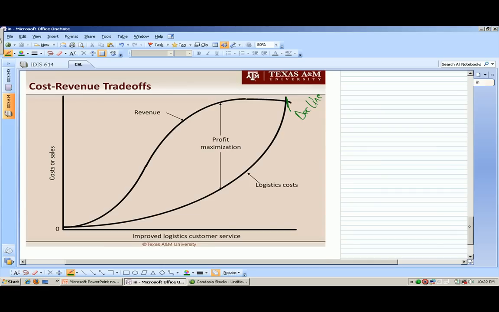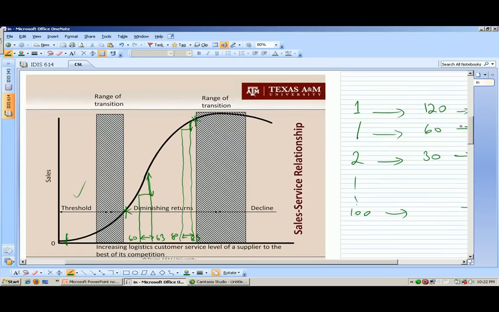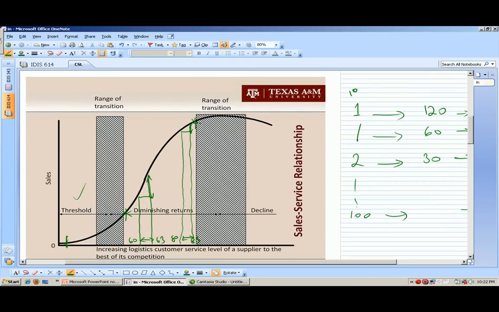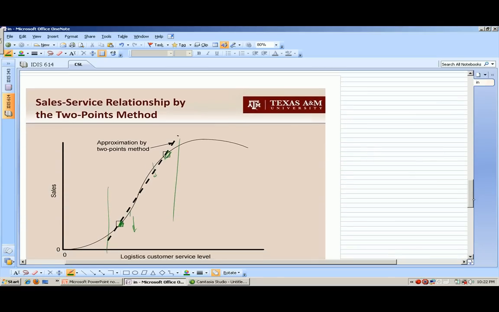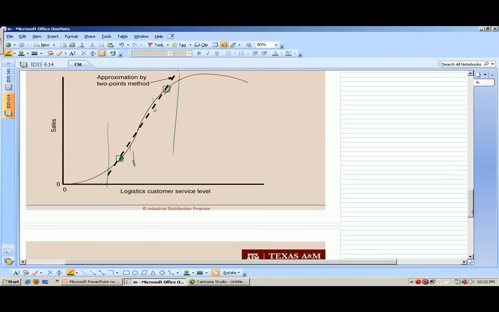But if you go back to my initial example of 1, 2, 3, 4 employees, let's say you pay $100 for each day. When you have 1 employee, you pay $100. When you add 1, you pay $200. You add 2 more, you pay $400. So initially it was cheap to increase your revenue, but then, as shown here, you have to increase customer service level more to get the same revenue increase. So it is really expensive to improve your customer service level after a point. We need to focus on